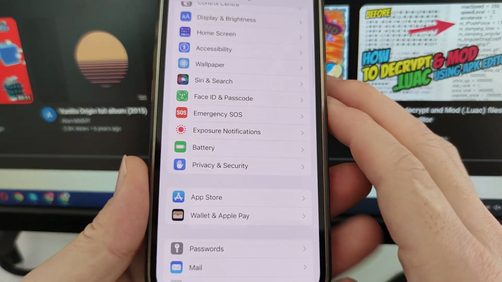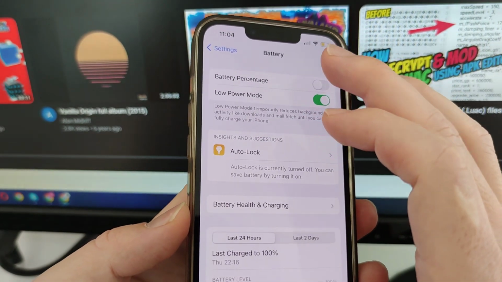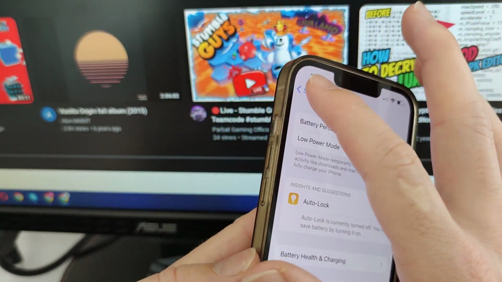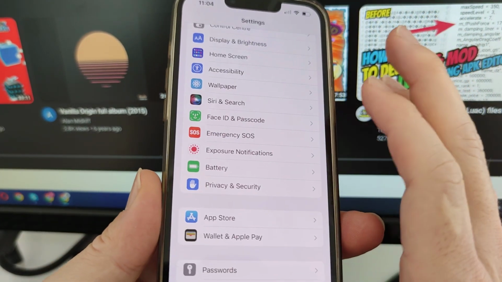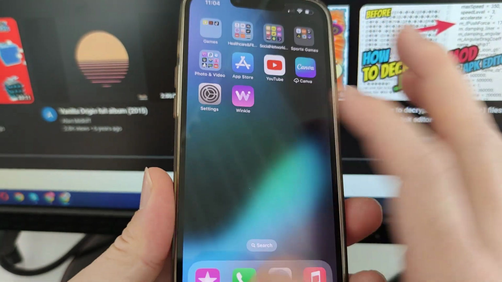And the next step, you have to go to your battery. Make sure you switch off, sorry, the Low Power Mode. So if you're using Low Power Mode, make sure you take it off in order for this to be done correctly. After you complete this, you can turn Low Power Mode on again if you like to have it active. So after you complete this checking, guys,